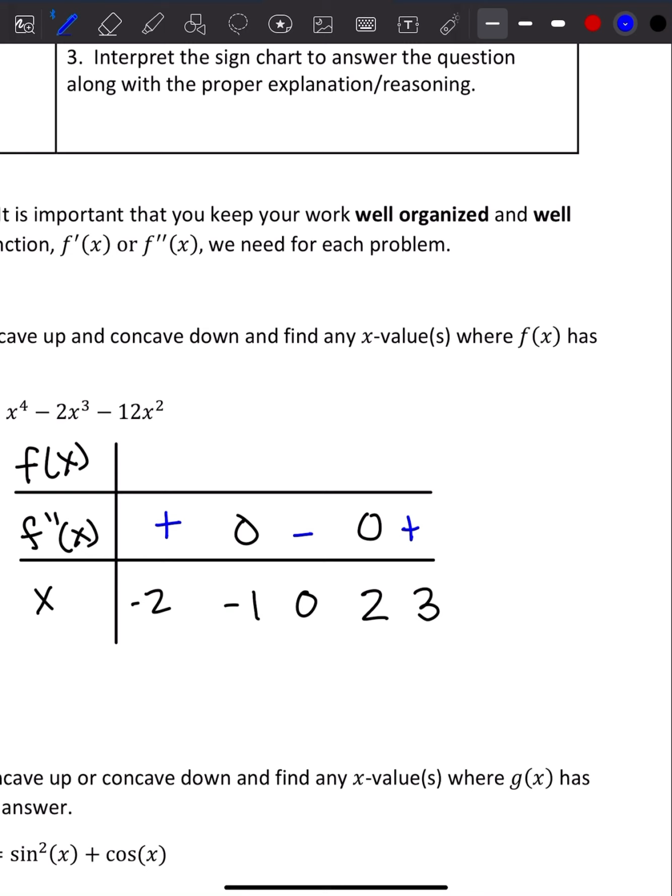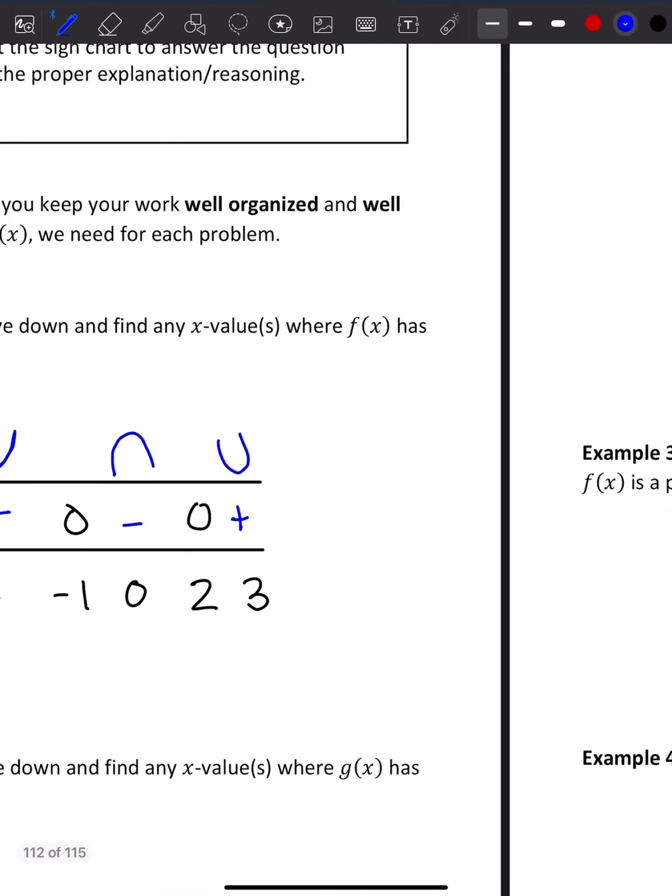So when I'm looking at this, I know when my second derivative is positive, we are going to be concave up. So we are concave up in this case. We're concave down in this case, and we're concave up. So just like increasing versus decreasing, we're going to be that concavity until we reach our 0, and then until we make it to the next 0. So we are concave up